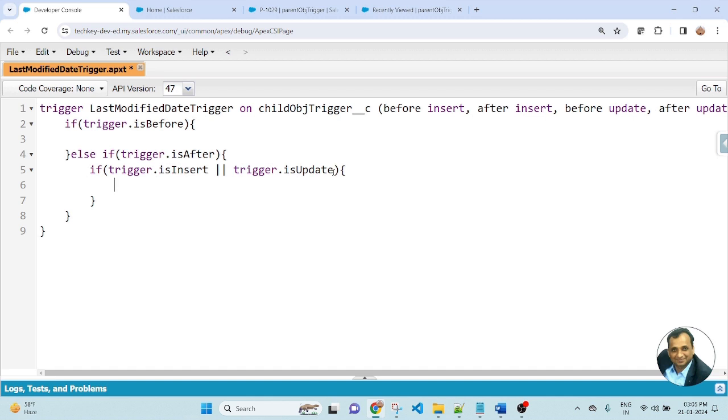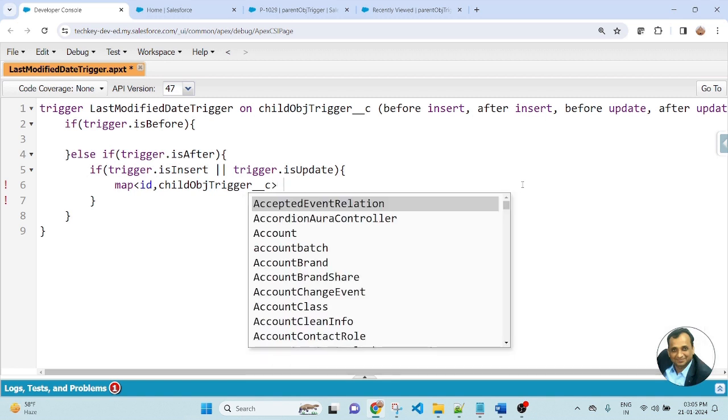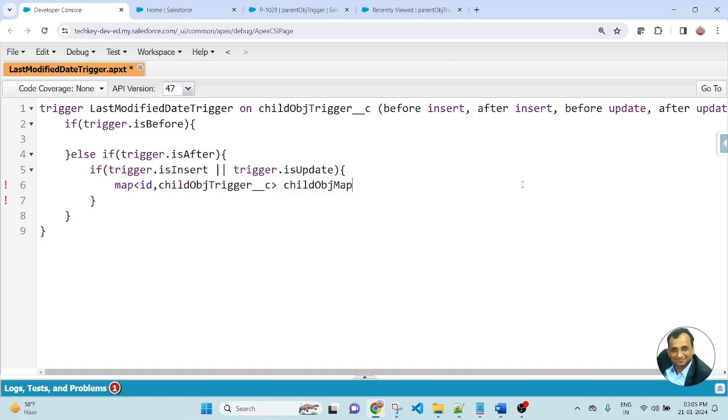So first I will define a map, Id comma child object trigger. Write the name of the variable, child obj map equal to new, copy and paste here. So here I created an Id and child object type map.